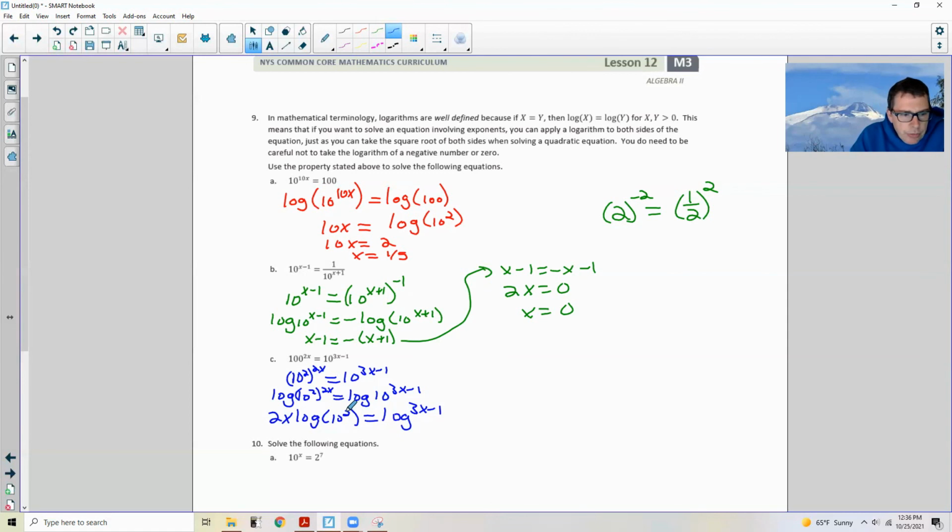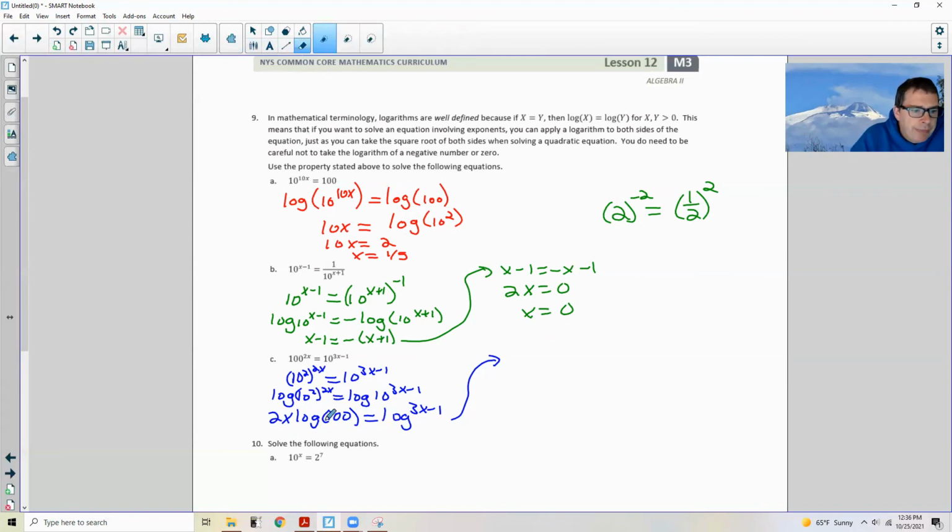All right, so this is just 100, by the way. So let me change that. No sense in doing a power rule again. We have a number to a power, it's just 100. So I have 2x log 100 equals log 3x minus 1. And I'm going to bring that next rule in. 2x log 100 is going to be,